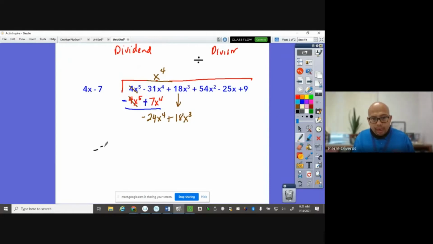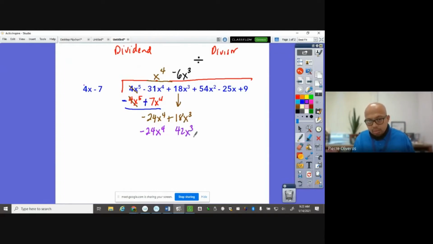We're going to divide again negative 24x to the 4th, this leading coefficient here, by the 4x minus 7, or just by the 4x. Negative 24 divided by 4 is negative 6x. There's a 1 here. What do we do with the exponent here? We subtract them. So this will be negative 6x cubed. You will distribute the negative 6x cubed to the 4x and negative 7. That will give you, again, negative 24x to the 4th. And 6 times 7 is positive 42